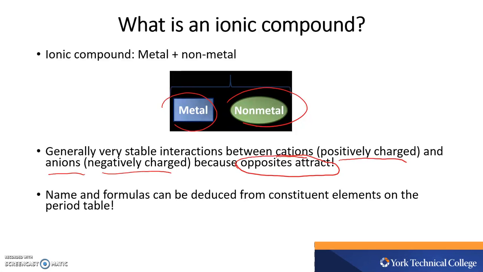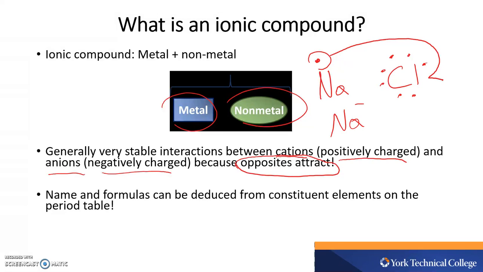For example, we can show that sodium is in group 1 and has 1 valence electron, and chlorine is in group 7 and has 7 valence electrons. What's going to happen is that this 1 valence electron for sodium is going to transfer to chlorine. So sodium lost an electron, becoming positively charged, and chlorine gained an electron, becoming negatively charged. Then this electrostatic interaction holds this salt together. So as we can see,